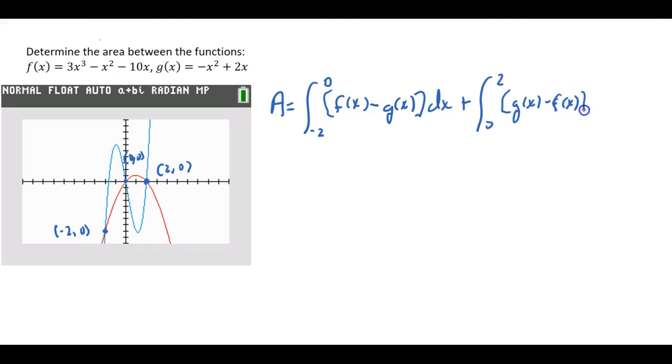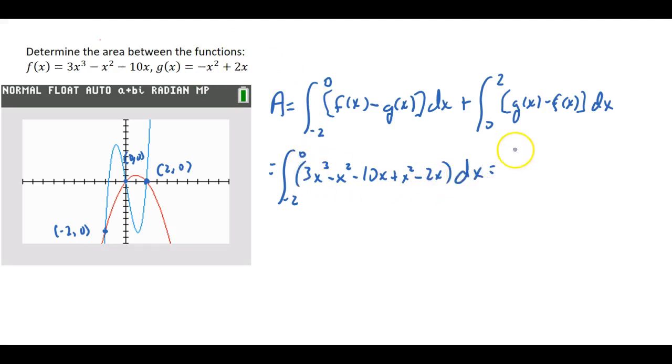I have to switch because they switch positions. Now I'm going to write this out. This is 3x cubed minus x squared minus 10x, and when I subtract g of x, I get plus x squared minus 2x